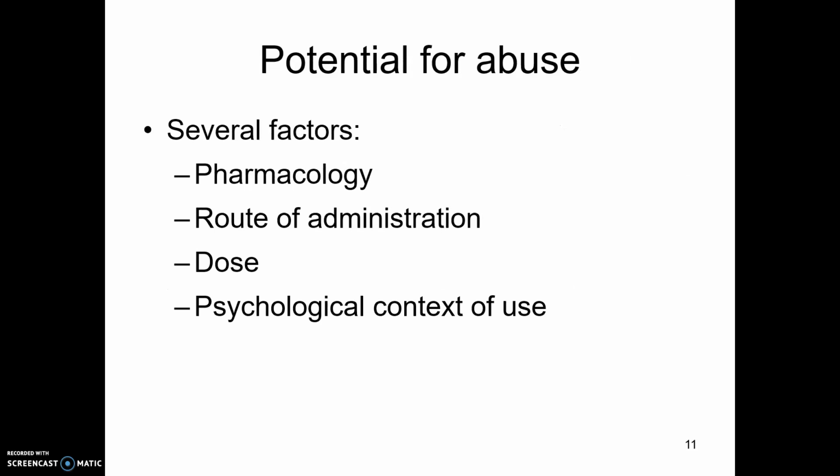Okay. So drugs of abuse are based on potential factors. So first of all, pharmacology. Some drugs act preferentially on parts of the brain that are associated with craving, like methamphetamines. They require fewer administrations to make somebody addicted compared to something like nicotine. The route of administration plays a strong role. Generally, the faster it takes to feel the effect of the drug, the more addictive potential it has. The dose matters. The more you take, the higher the risk of addiction. And then finally, the psychological context. If you're using it to cope with stress, that's going to increase the risk of developing a very long-term relationship with the drug.